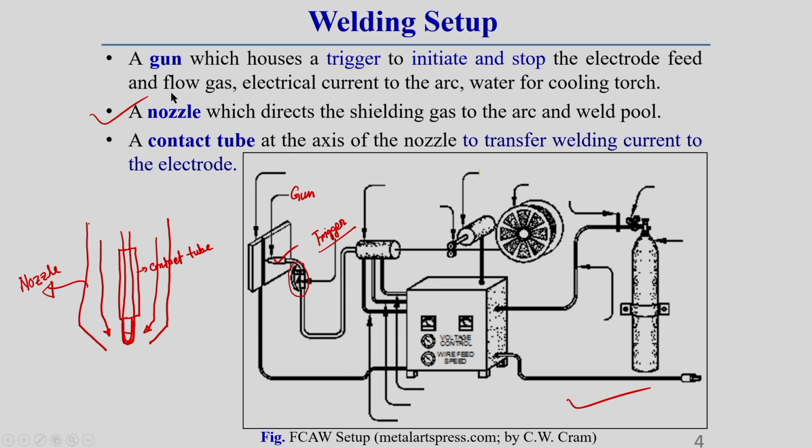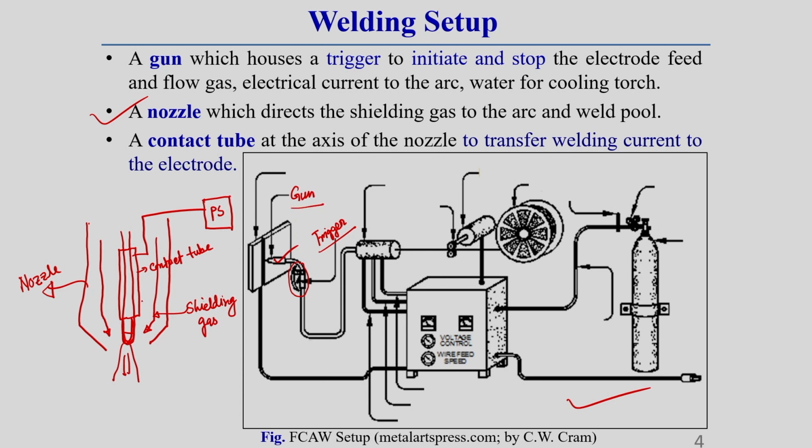The nozzle supplies the shielding gas if required for some particular types of application. That is what I have written here: the gun can have a nozzle cover which is used to provide the shielding gas. Now, you see this contact tube is connected to the power source terminal. Here is the power source. This contact tube supplies the power, or you can say current, to the electrode, and here the arc is developed.